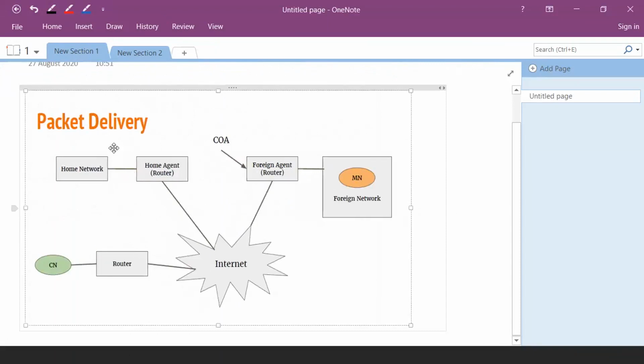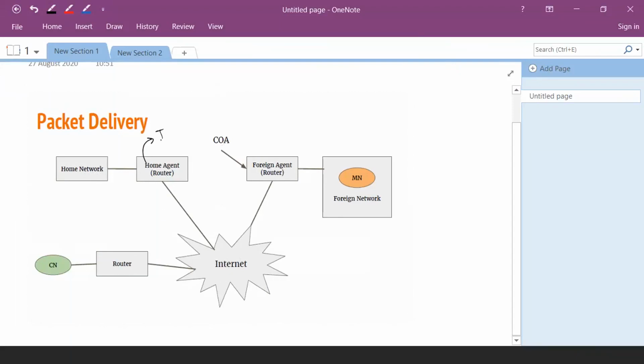So in the packet delivery, you can visualize the real-time system by using this diagram. So there is a home network and there is an agent. Each home agent, that is the router, is associated with the home network. In the same way, the foreign agent is associated with the foreign network, and it is the internet. We're talking about the IP protocol. And this is the care of address which is associated with the home agent and provided by this router. And this home agent will be provided an IP address, that is called the permanent IP address.